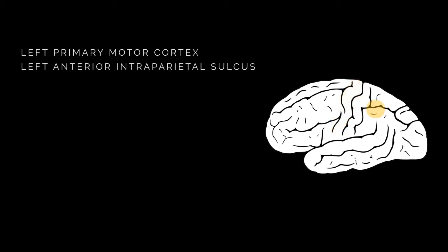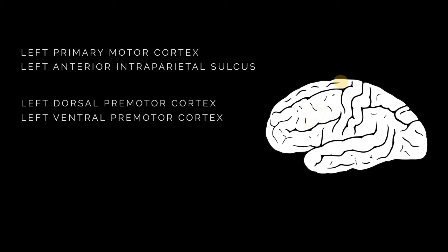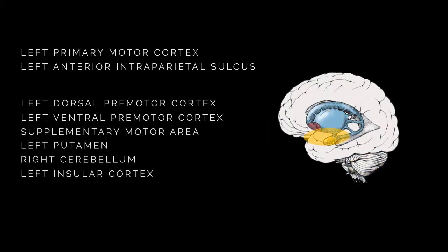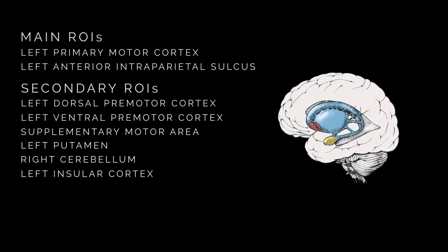Using an ROI technique, the researchers focused on 8 specific brain regions. These were the left primary motor cortex, left anterior intraparietal sulcus, left dorsal premotor cortex, left ventral premotor cortex, supplementary motor area, left putamen, right cerebellum, and left insular cortex. The main regions of interest for the researchers were the left primary motor cortex and left anterior intraparietal sulcus, or M1 and AIPS. The researchers included the other regions due to their involvement in the planning and execution of movements,